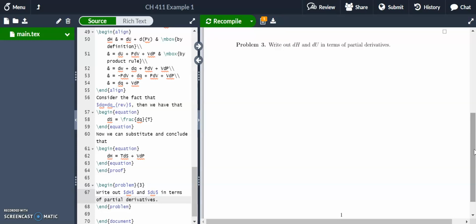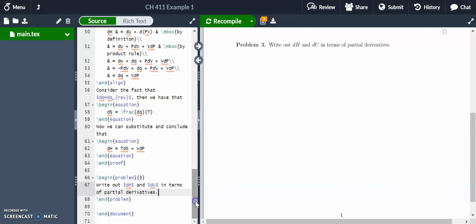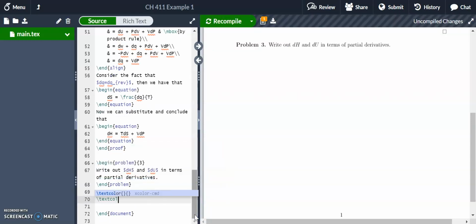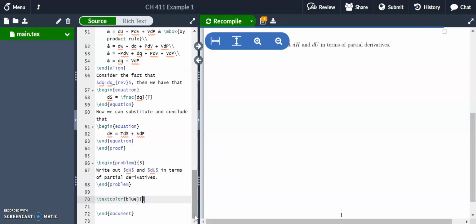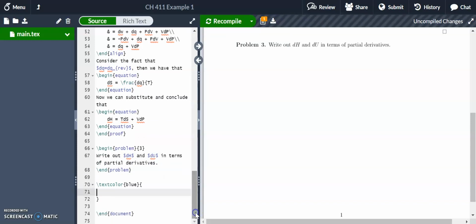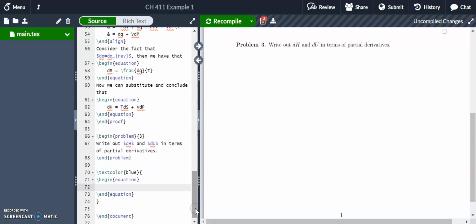So remember, this isn't necessarily a proof, so what I'm going to do is just use a different color. So we're going to go with the text color. Again, there are those two boxes, so we're going to go with blue. And we can type out some stuff. So to go into math mode, remember, we go to begin equation if we want to write out a really long equation. So let's go with dH first. dH is equal to, let's see if this is compiling. Great. dH is equal to,